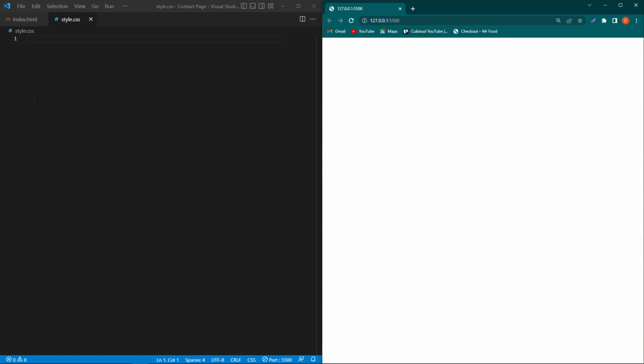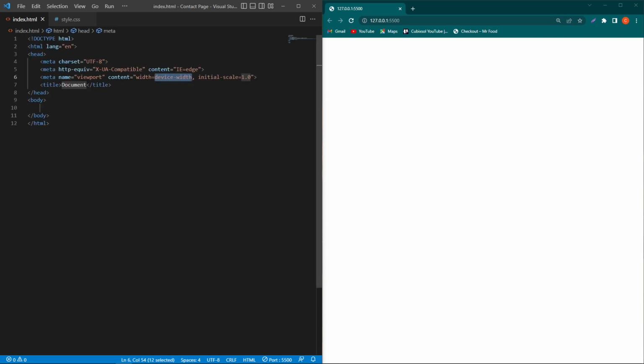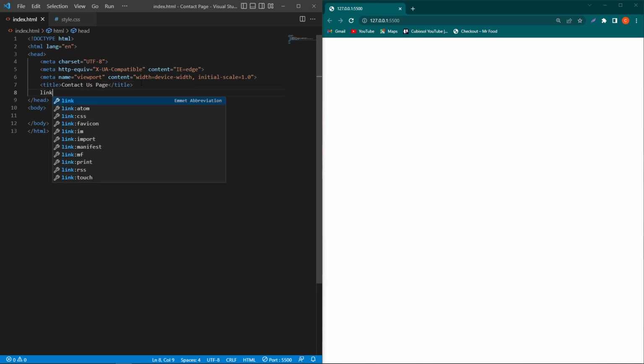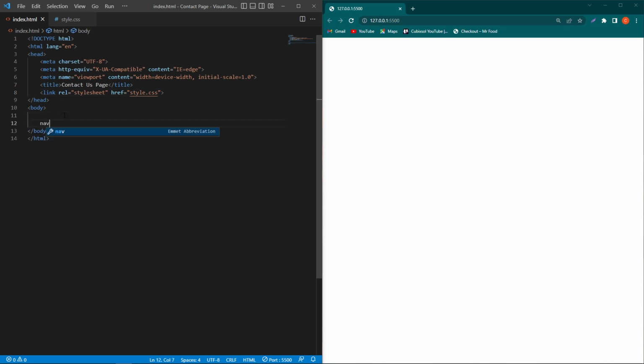So here you can see that I have two files. The one is index.html and the second is style.css. First of all, create a basic HTML structure here and give the title contact us page. Next, we have to link our style.css file with this HTML code, and next in the body element, create a nav element. Inside this, create a div with class logo, create another div with class logo wrapper, and in this